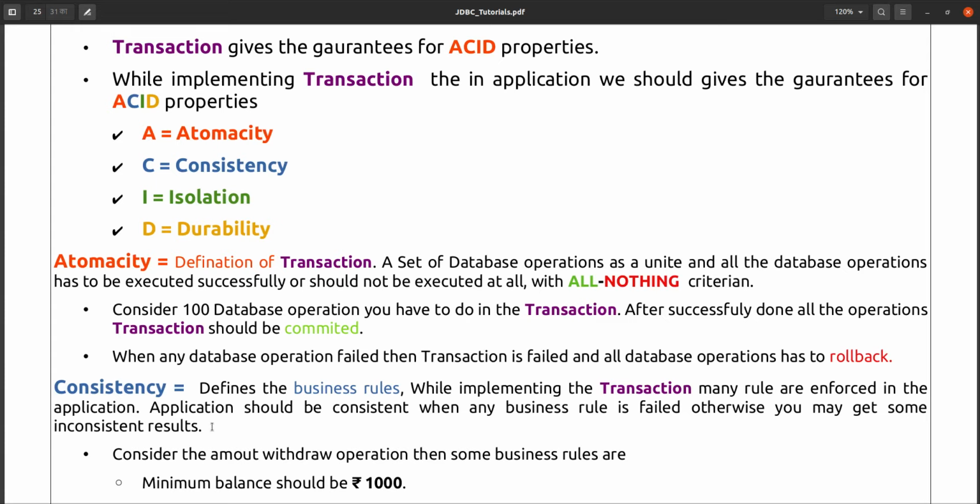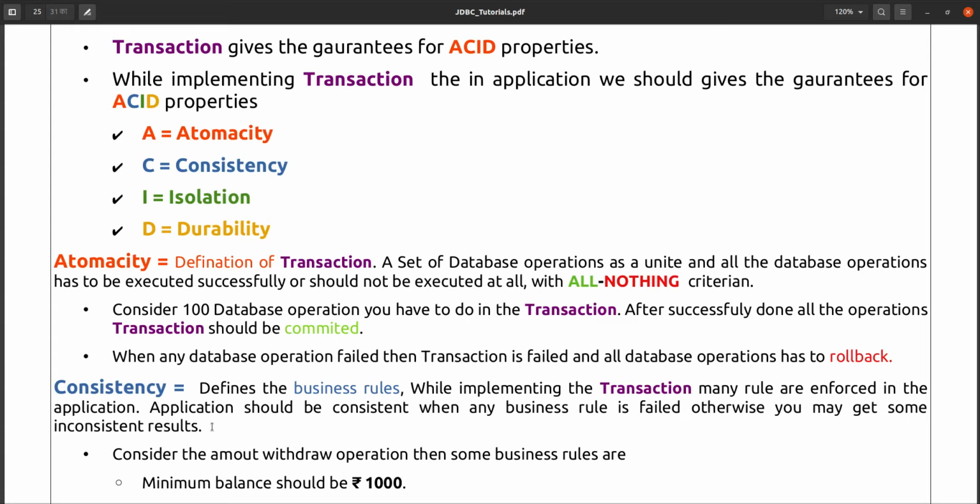It should not be like that: 5,000 is deducted from your account, and that is not transferred to your friend's account. That is not the business rule. You can say that the data is not consistent. Either it should be deducted from your account and transferred to your friend's account also, but it is not transferred to your friend's account, though it is deducted from your account.